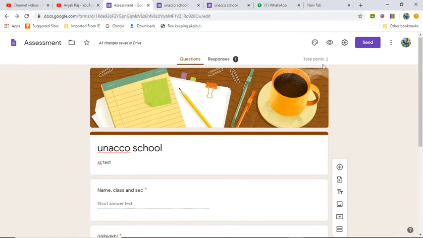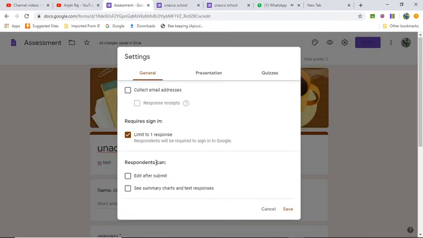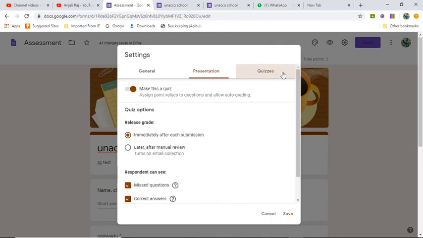We can do the assessment manually also and give the final score. And one more thing I wanted to tell you, the settings. So this we have to see, and then only we have to give.